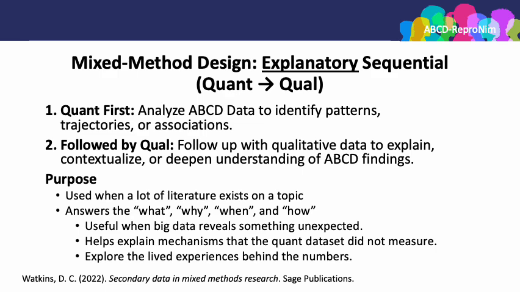This can be particularly useful when you get quantitative findings that are not exactly telling the story that you anticipated, or maybe you're finding some association, but it feels incomplete, and you're thinking about modifiable factors, you're thinking about intervention, you're thinking about treatment or prevention, and the factors that you've tested hint at a pattern, hint at an association, but you can't quite make those recommendations on what would be the modifiable factor.